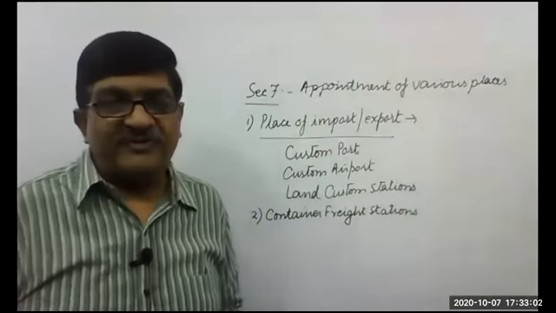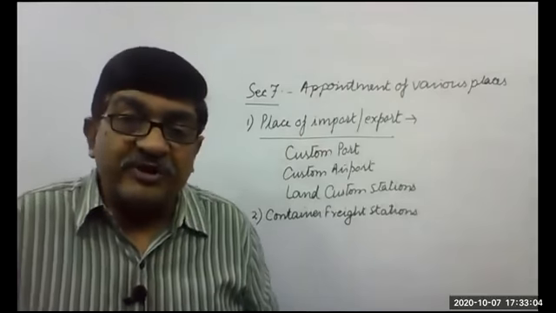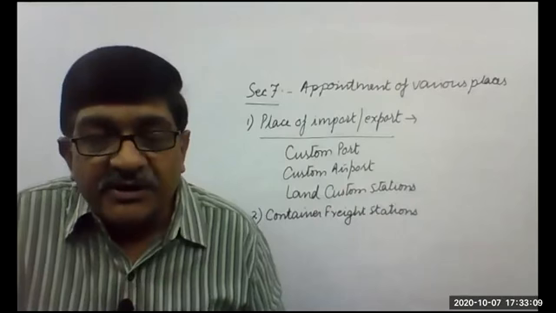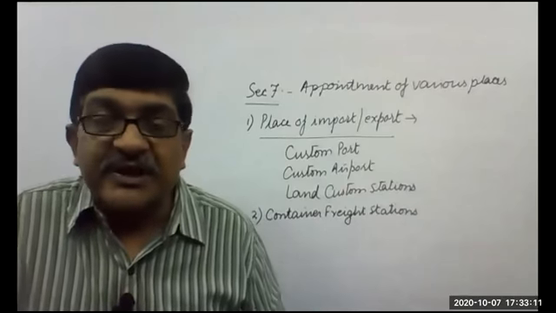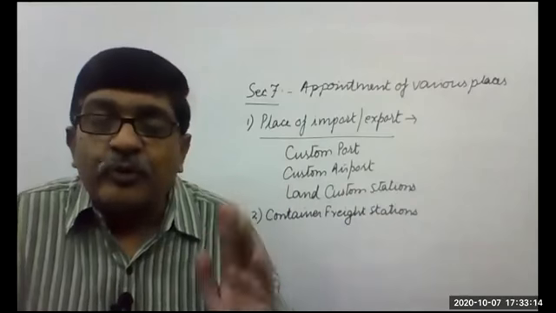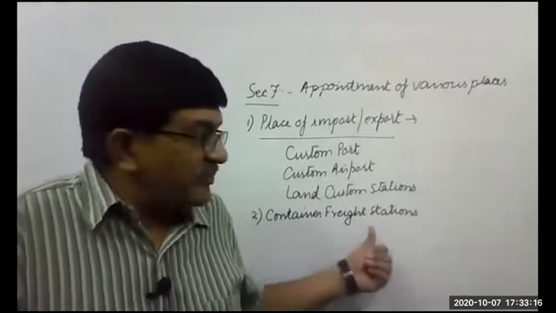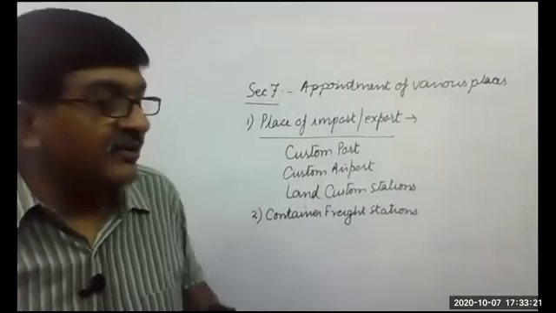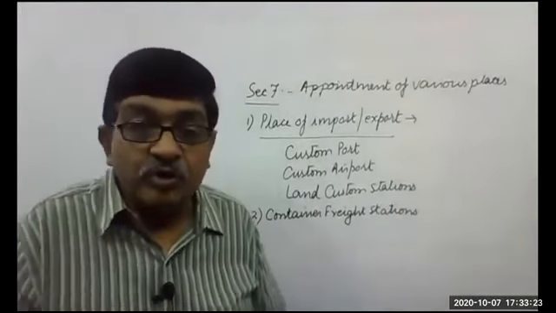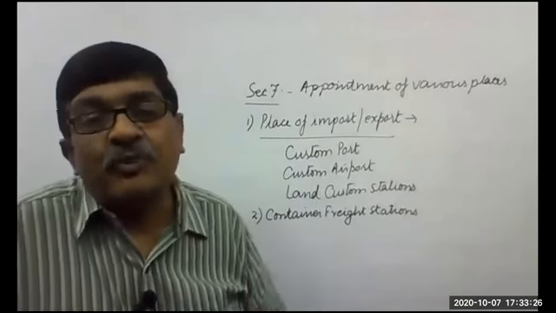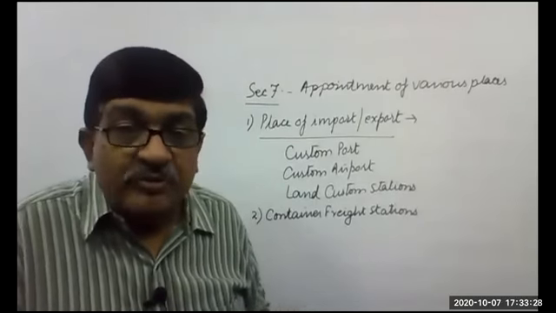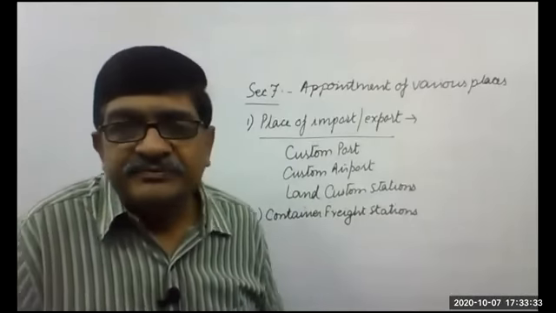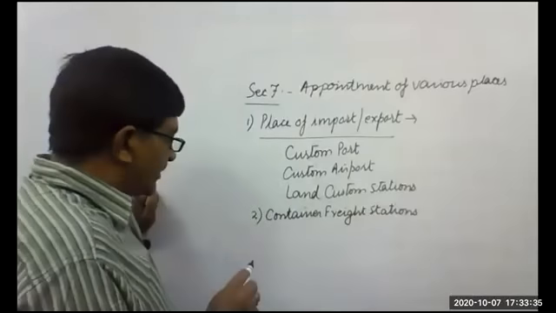container freight stations. When the quantity of the goods to be exported is small and is required to be stuffed in a container, then those are separate depots. Once the container is ready, it is sent to the custom port or custom airport. So those places will also be appointed here, because the simple reason is that once the container is closed, it is not going to be retested at the custom port or custom airport. So whatever procedure has to be done is to be done at this place before the container is stuffed completely. Okay. Number three,